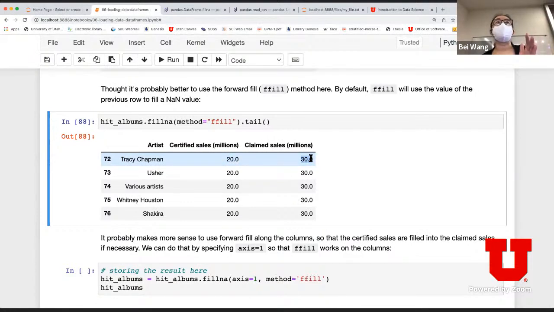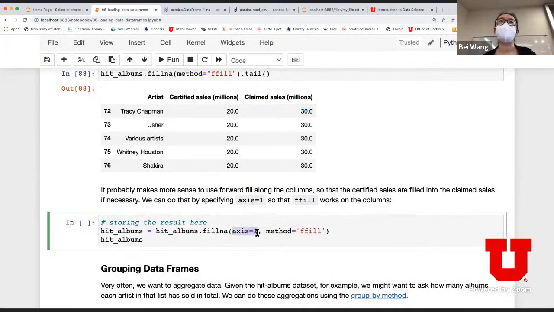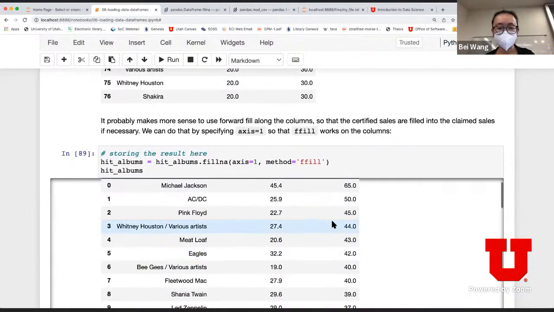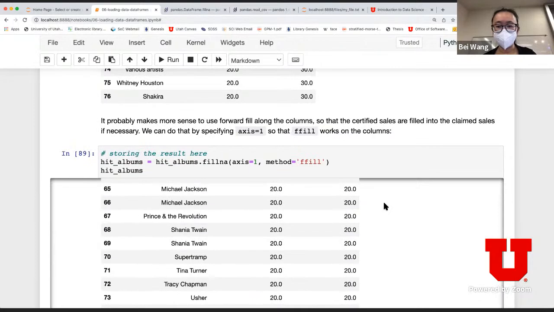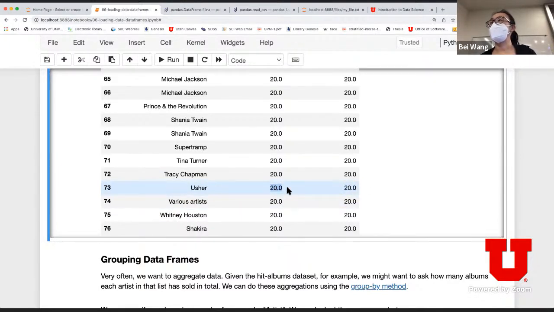And this is an operation that is copying value from the first column to the second column. In order to do that, I'm going to do forward fill, except I'm going to specify the axis to be 1. The default axis 0 is the row axis. And when you switch to column axis, which is axis 1, you are going to do it from the previous column. So now if you actually look at the end of this, what happened is that every single record that doesn't have a value here is going to take the value from the previous column. That is a forward fill.